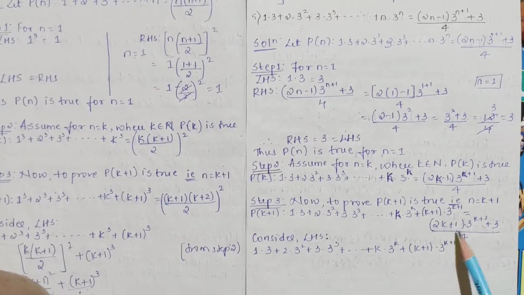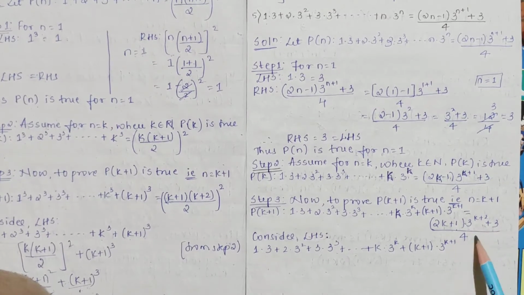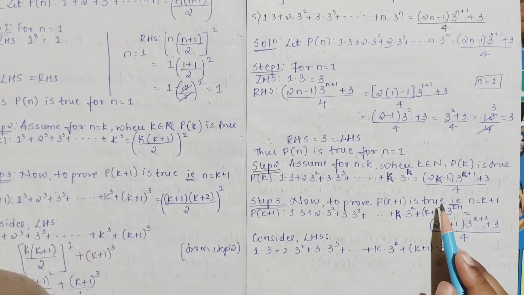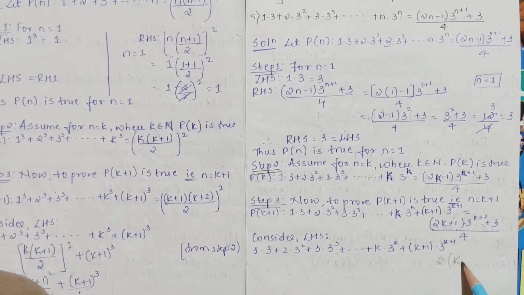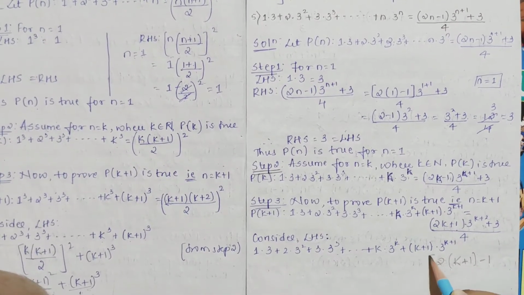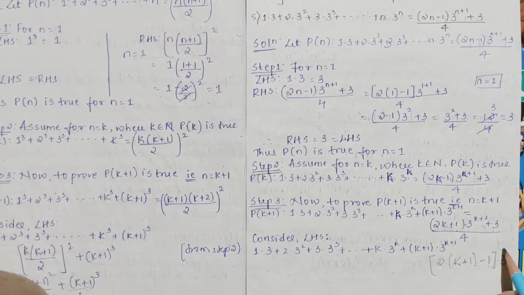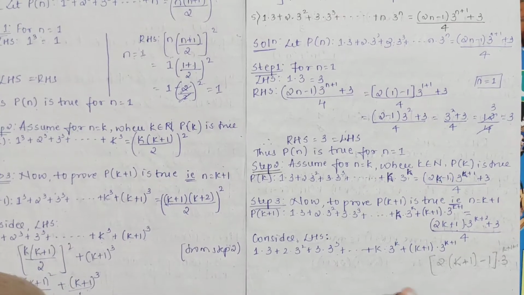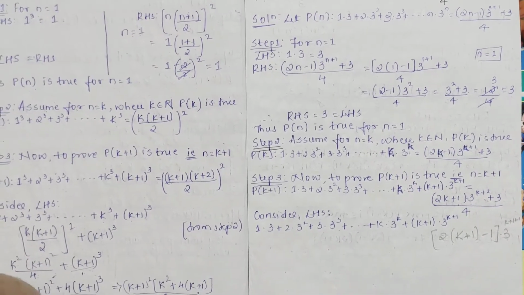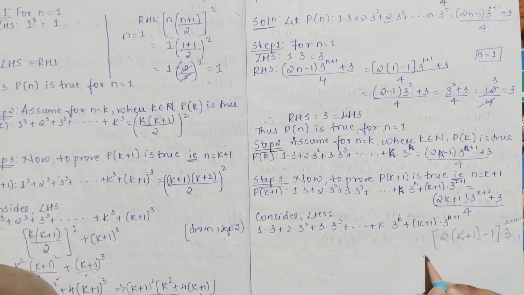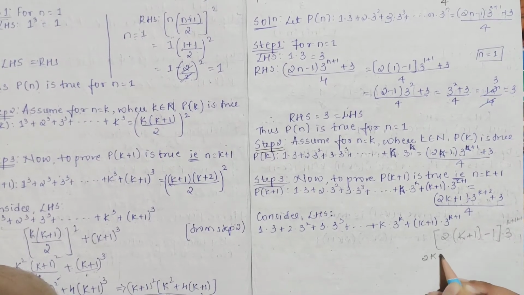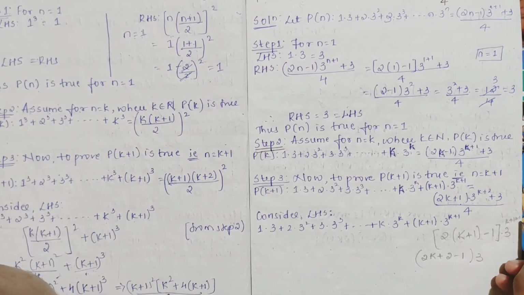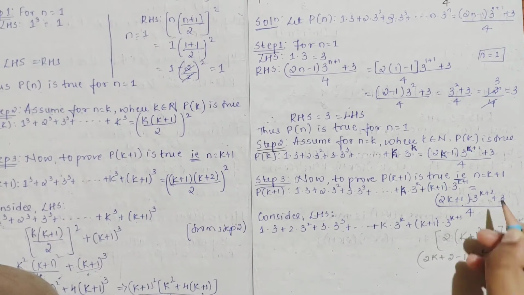Here, (2k plus 1) into 3 raised to k plus 2, plus 3, divided by... here directly I have written 2k, which will be what? Like n, it is k plus 1 minus 1, right? And then 3 raised to k plus 1 plus 1, like this it is, right? I hope you can see it. So 2 into, you have to multiply it, 2k plus 2 minus 1, and here it is k plus 1 plus 1, so it will be k plus 2, which I have written here directly.